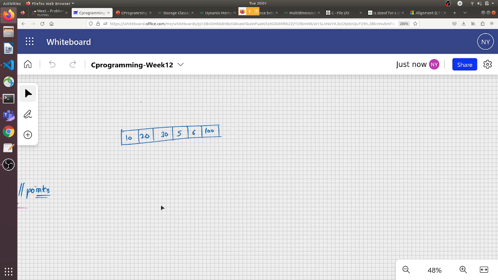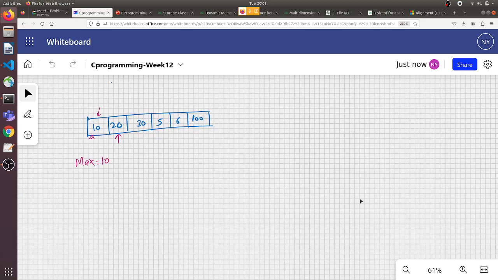So initially you will say, okay, the max is initially the first element, which is 10, and you're going to look at the next element. Okay, the next element is 20. You're going to compare it with your current max. Current max is 10 here, which is less than 20, so you are swapping. This will be 20 here, 10 will be here. Then you will compare the current max, which is